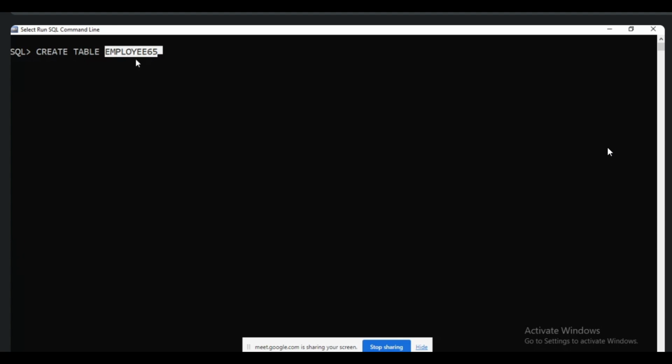Suppose in my database the employee65 table already exists, and I try to create a new table with the same name, it won't work. Every table name should be unique, remember that. If the same name exists, you can drop the previous table, or rename the previous table, then we can create the same name.